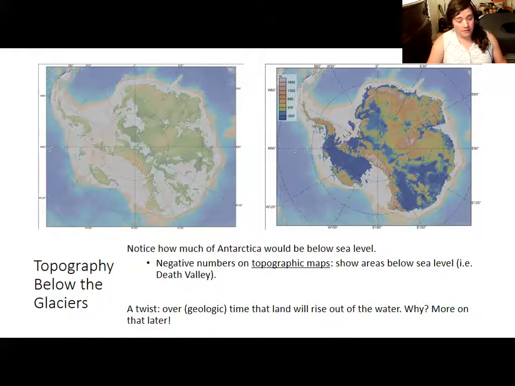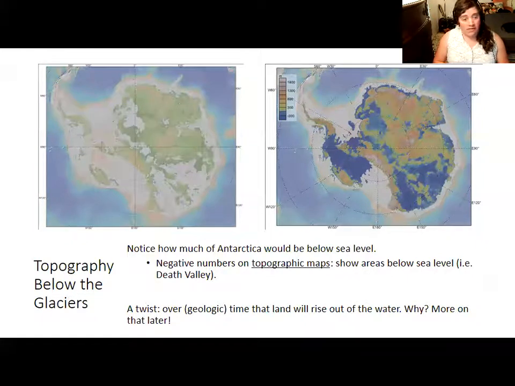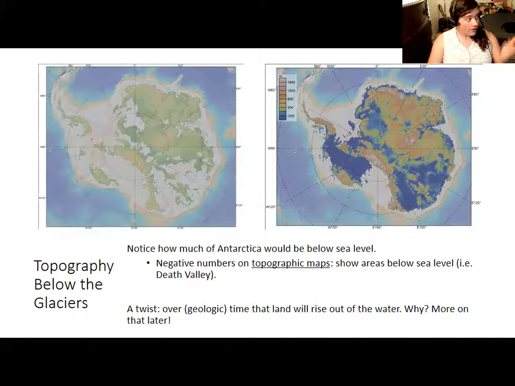That is simply because the glacier is so big that it is pushing the continent below sea level. It is pushing the rock underneath it, actually physically into the Earth's mantle. That is something called isostasy that we will return to. Now, if all the ice were to melt, God forbid, because that would be a mess for this country, a mess for the world, but it would actually slowly rebound over time. With the ice gone, that pressure that was pushing it down would be gone, and it would eventually start to behave a little more like a regular continent and not be sunken under the sea. But that would take millions of years.